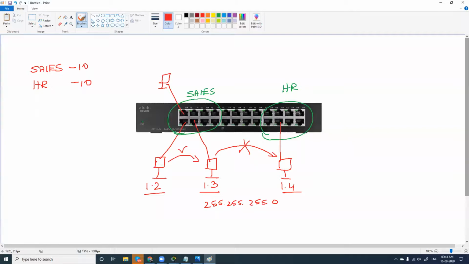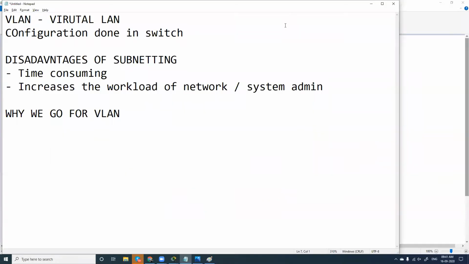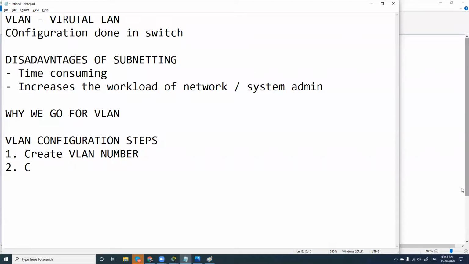Fine. So this is the configuration we are going to do. I'll tell you what steps we have for configuring VLAN. VLAN configuration steps. The first step is to create a VLAN number, then create a VLAN name.